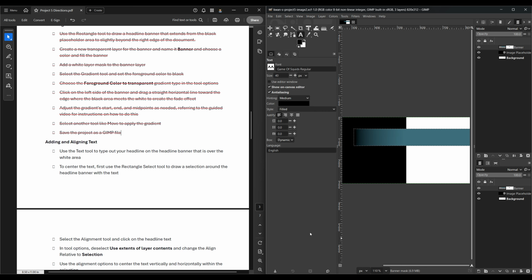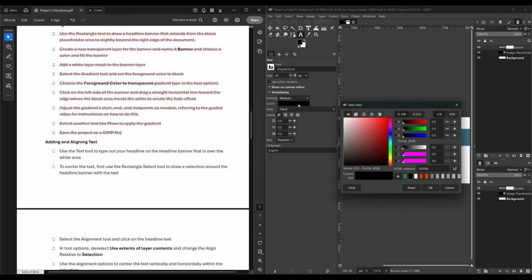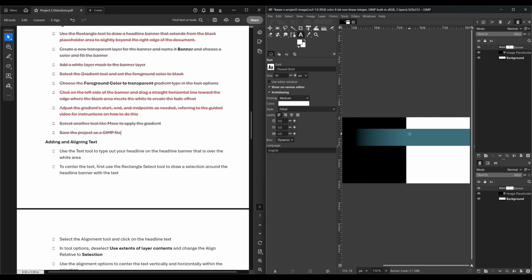So I'm going to hit the text tool, and then at this point, it's good to deselect whatever is active. So I'm going to do Control Shift A, and then I'm going to use the font I've been using before, which is Oswald Bold. 40 is about right. So you want a font to be able to fit inside this banner. Okay, 40 does look good, but I want to use white as my font color. There we go. And the content drop for the Edge of Fate is actually on July 15th, 2025. I'm going to hit escape and hit M